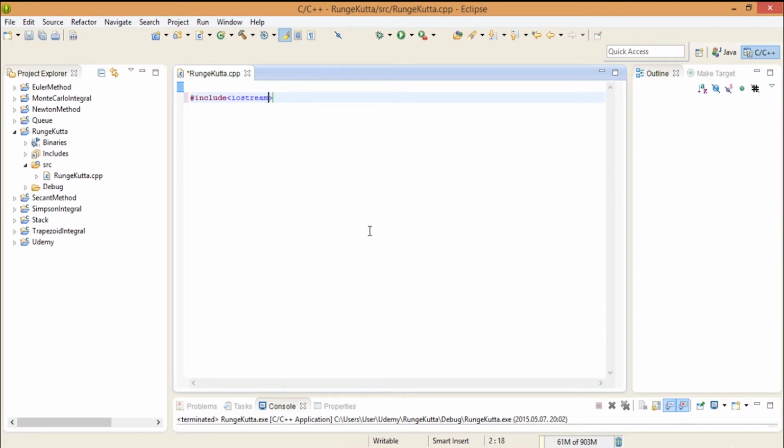the iostream. I'm going to include math.h, I'm not sure we will need it, and I'm going to include fstream because we are going to create CSV files. So using namespace std,